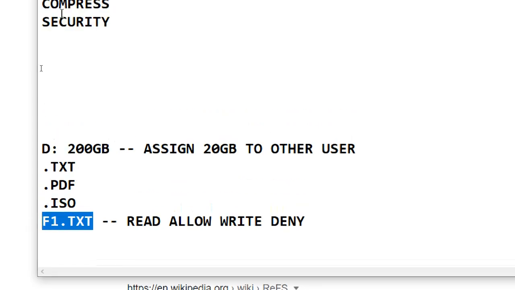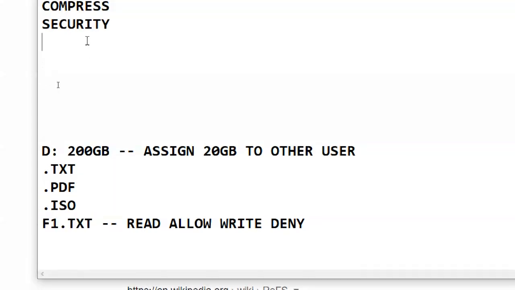You have already seen permissions in Linux, like read and write permissions. Same thing is there for a particular user. You can give read permissions, write permissions, read and write deny permissions, read and write allow permissions also. So that is security. Accessing a file system with access permissions is security.